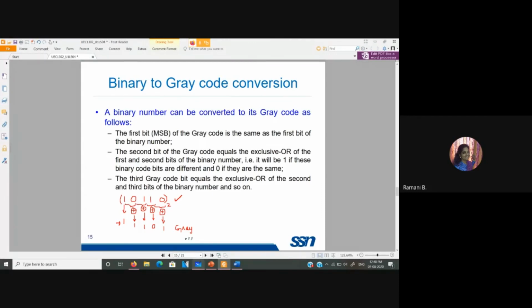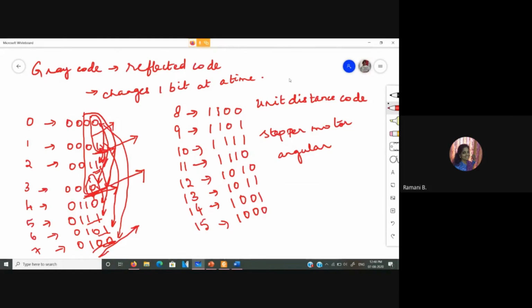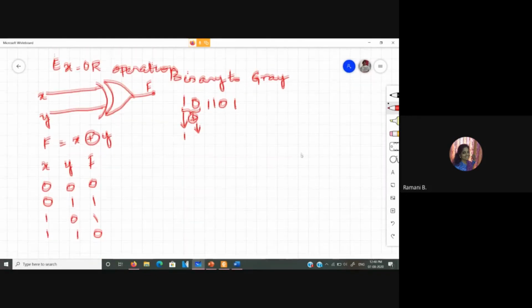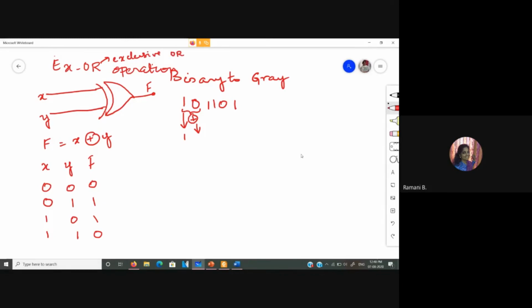So for that purpose, let us see what is exclusive OR. We will see that in logic gates, but before that, I want to explain this. Exclusive OR is also called the XOR operation. What it actually does is, if you have two similar inputs, the output value will be equal to 0.